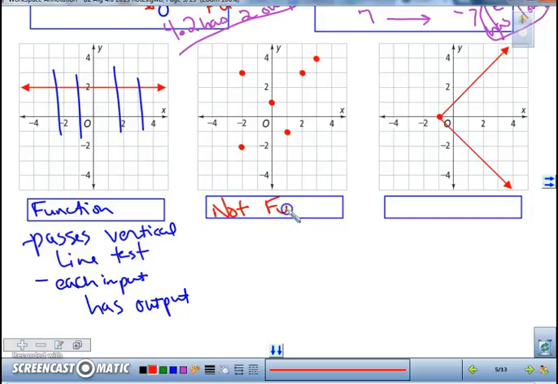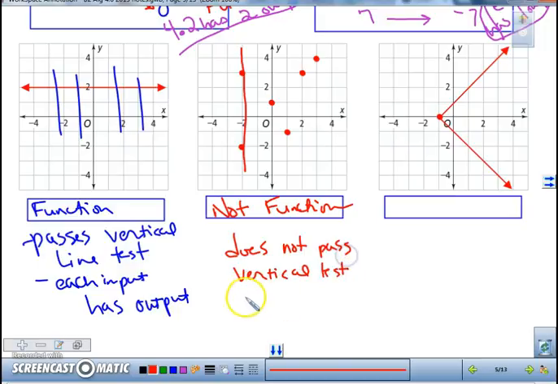This one should be not a function. Our reason for it not being a function, if I'm looking at right here, is that it does not pass the vertical line test. The other reason we could say, if you are looking at that, is that -2 has 2 outputs. If it's a function, it can only have one. This one is definitely not a function,